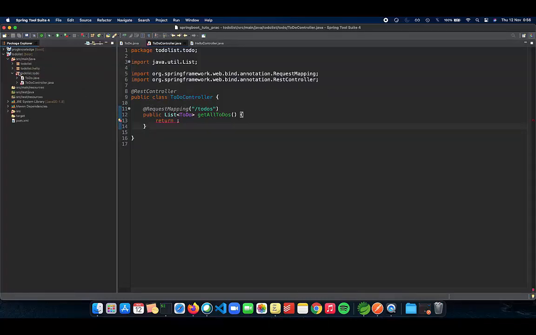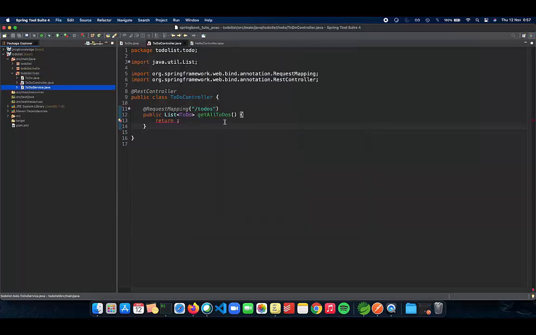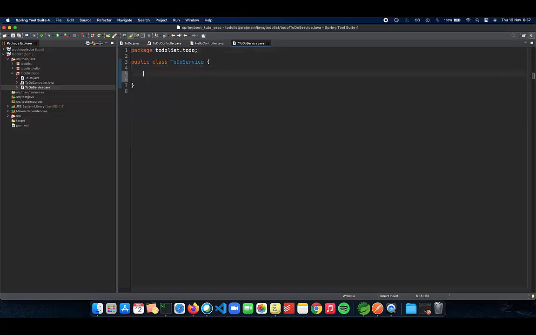So let's close this and go to todo, new class, and we call it ToDoService. And let's create it. So this class will contain all the business logic which we have to have to actually give back the controller some data. So here first we need a list of to-dos, right? So we have a private List of ToDo called todos, and this is going to be an ArrayList. So new ArrayList, and let's actually implement our array list, right? So this is going to be Arrays.asList, and let's have a few